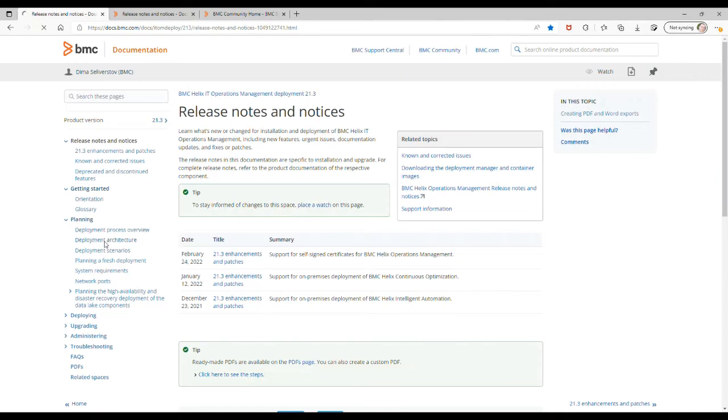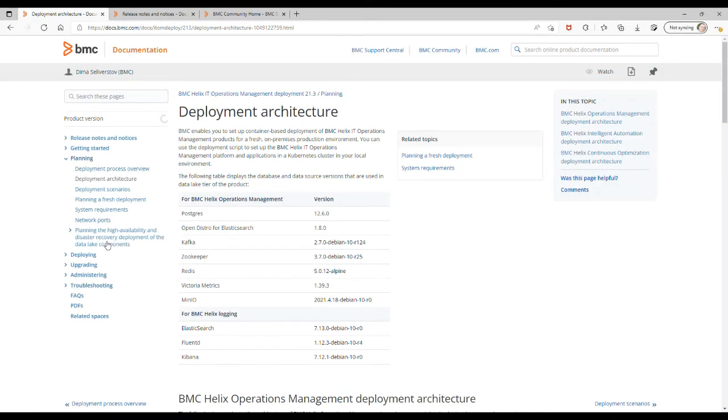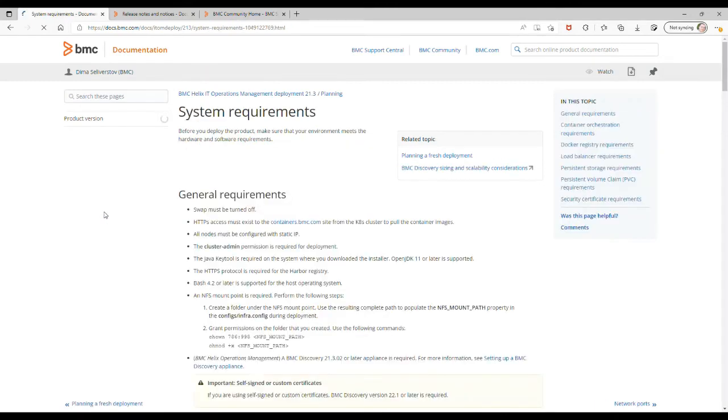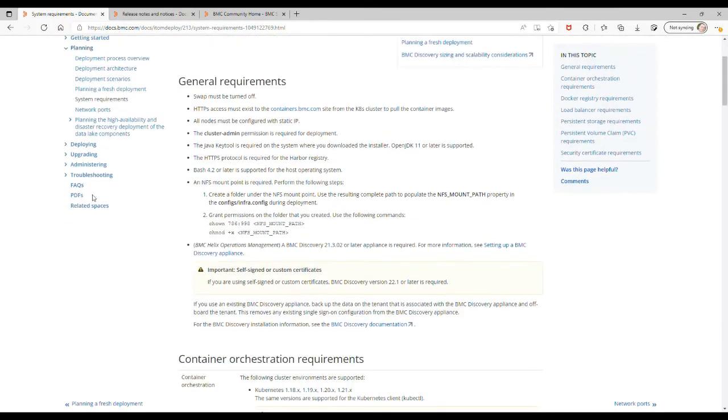We'll guide you through the deployment architecture, the necessary system requirements, the ports necessary, as well as the steps for deployment.